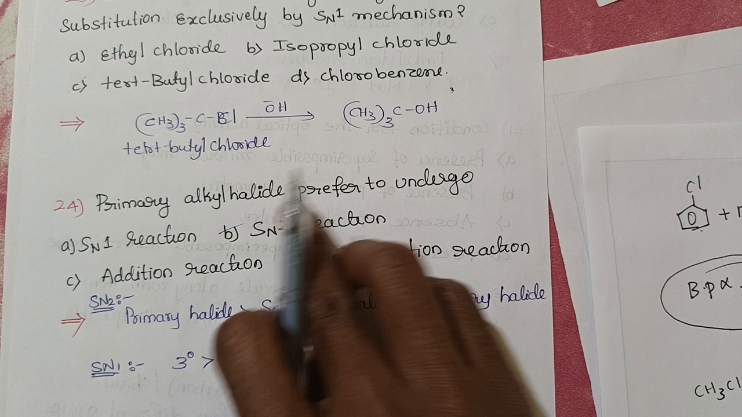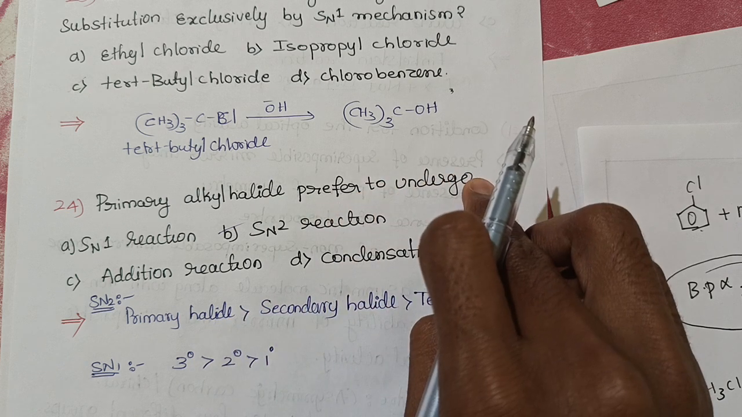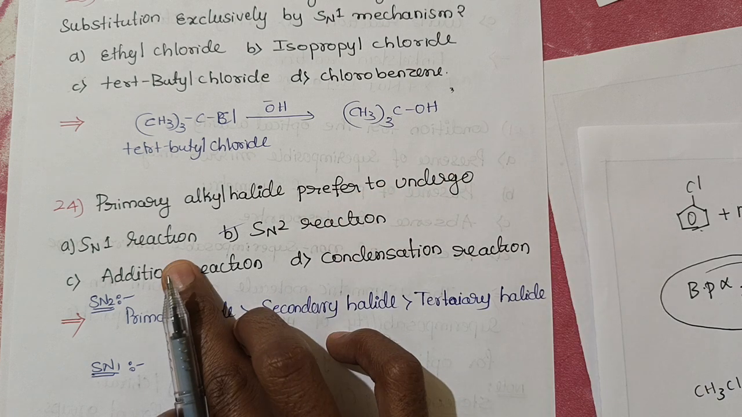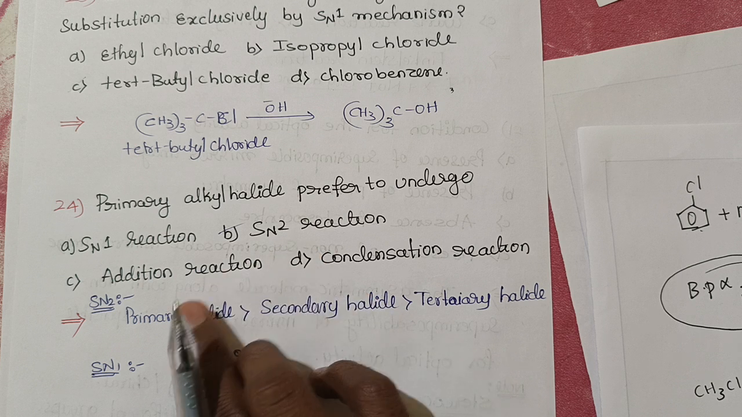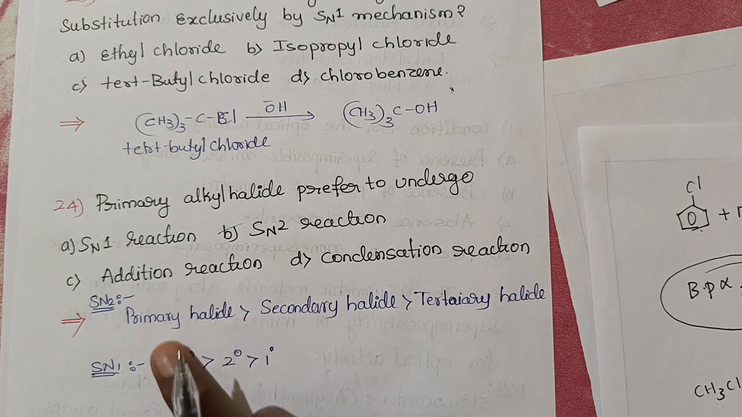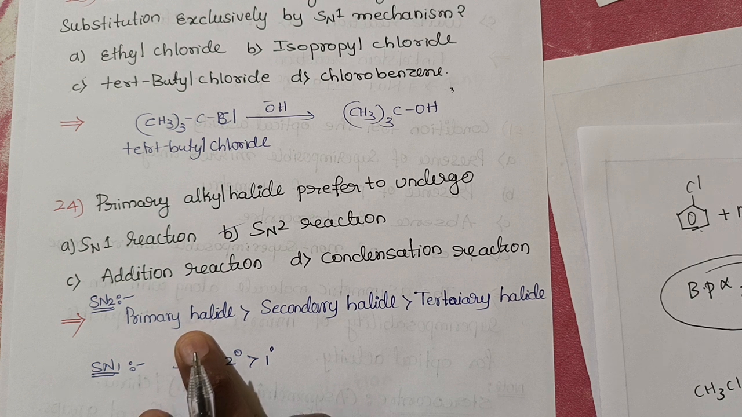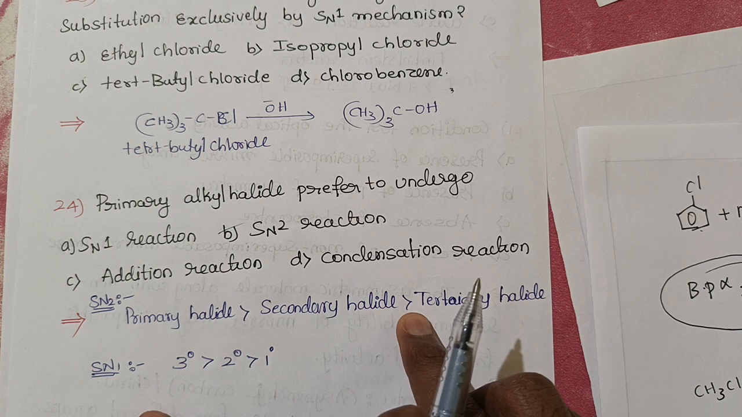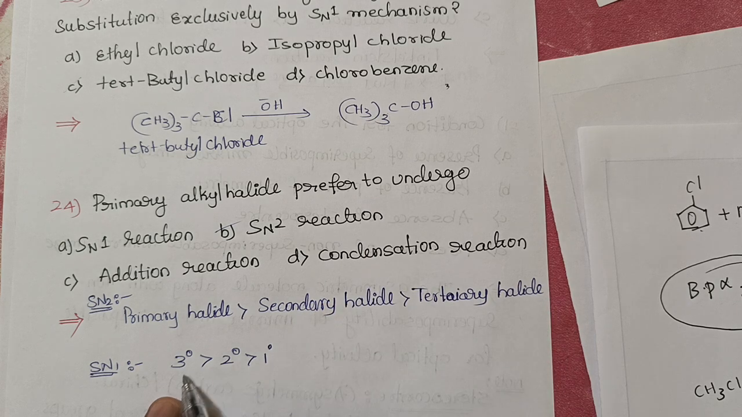The primary alkyl halide prefers to undergo: SN1 reaction, SN2 reaction, addition reaction, or condensation reaction. You should remember, for SN2 the order is primary, secondary and tertiary. For SN1, as I have said, first it is tertiary, then secondary, then primary. So this is most important, you should remember this. Clear? Okay, so this is about the